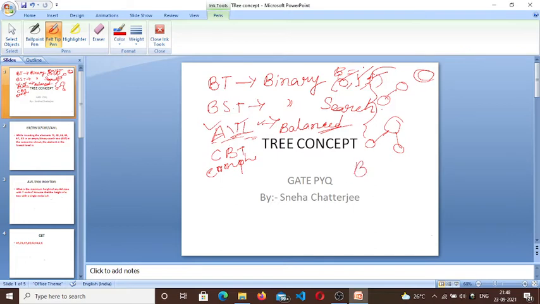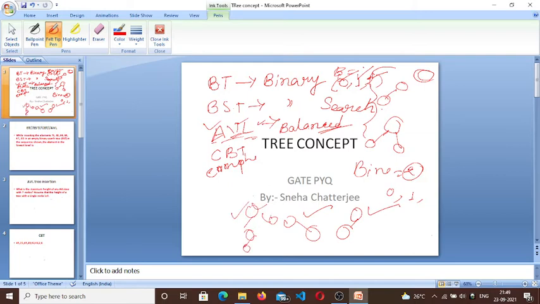As we all know, binary denotes the number 2, but here not only 2 but also 0 and 1 children are accepted in a binary tree. So this can also be said to be a binary tree. And we have to check each and every node, not only the root node, to see whether the condition is satisfied or not.